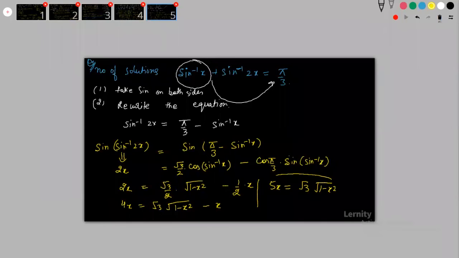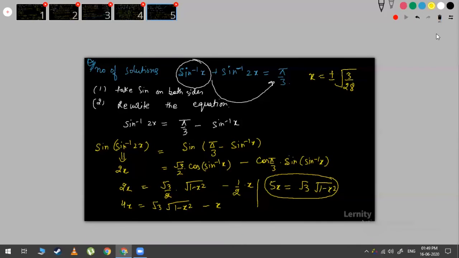So when you solve this, because x is in a quadratic, you will get two values of x. You will get x is equal to plus minus root of 3 by 28. Everybody must be getting this. 28 or 24? 28, I think you will get 28. Many of you are writing 28, I also got 28. So x is equal to plus minus root 3 by 28, you will get this as the option.